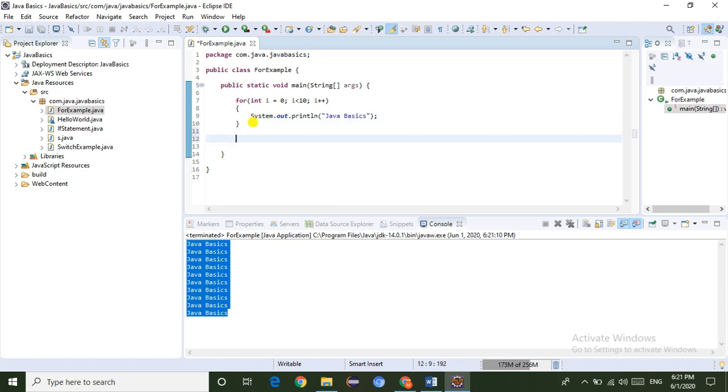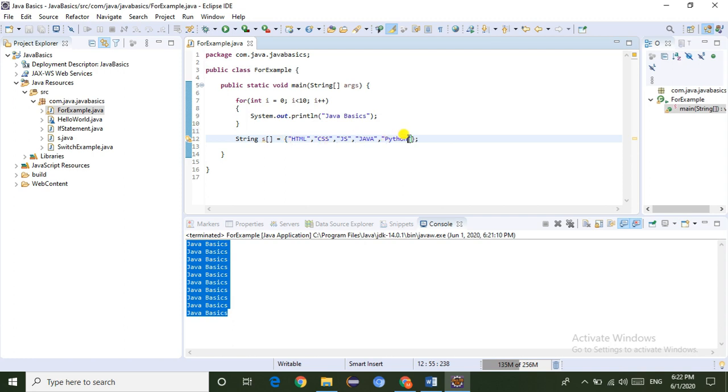So first I am going to take a string array. In real time we can use it like this only. Here I am going to take the strings HTML, comma, CSS, comma, here I am taking JavaScript, and I am going to take one more string Java, and one more string is Python.